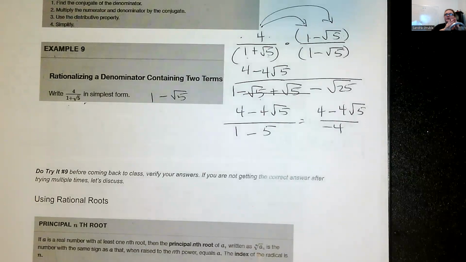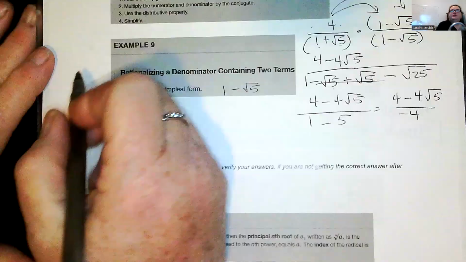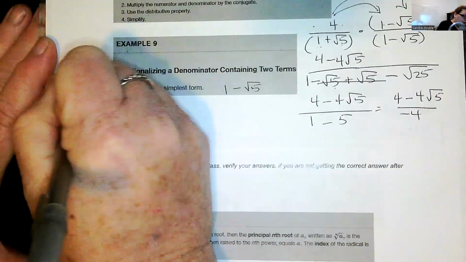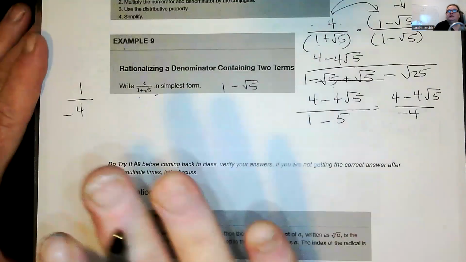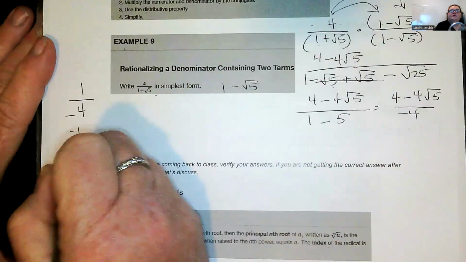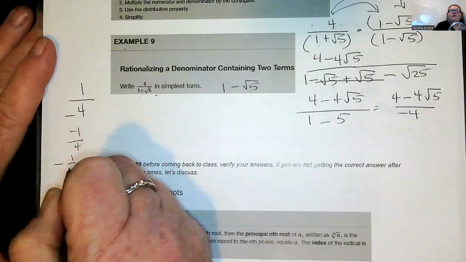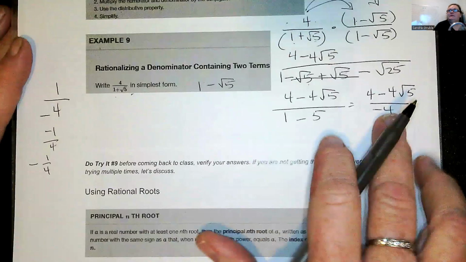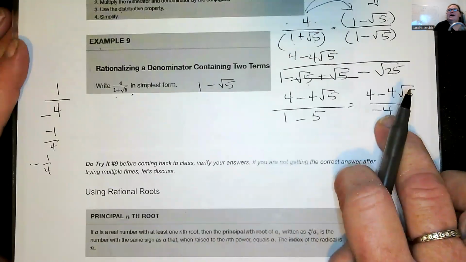So far, we're good. Here's something you need to understand if you're not comfortable with it. If we have 1 over negative 4, just as a side thing here, this negative can be negative 1 over 4 or negative 1/4. All three of these are exactly the same. Okay, you need to understand that. That being the case, this negative down here in the denominator,